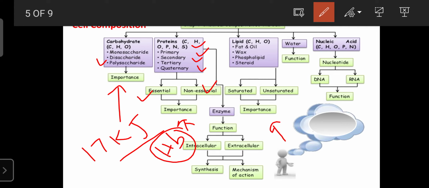So regarding the importance, the lipids are a source of energy. After the carbohydrates, in normal physiology, lipids act as a store house for energy or source for the energy. So dear students, 1 gram of lipids gives around 38 kilojoules of energy. Carbohydrates give only 17 kilojoules, but 1 gram of the lipids can give 38 kilojoules of energy. That energy is required for protein synthesis or to maintain the normal health of the body, or the organs or cells.